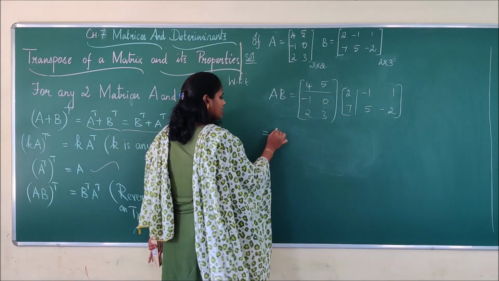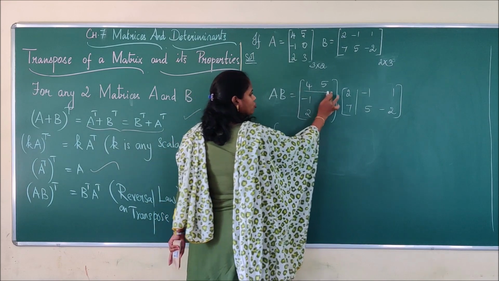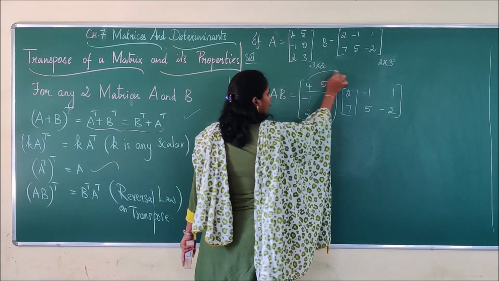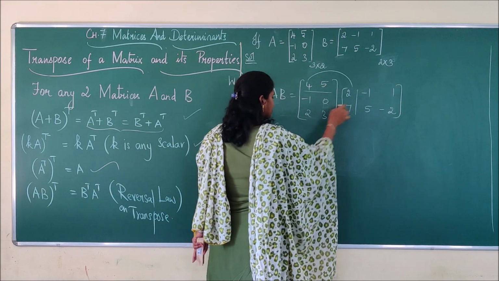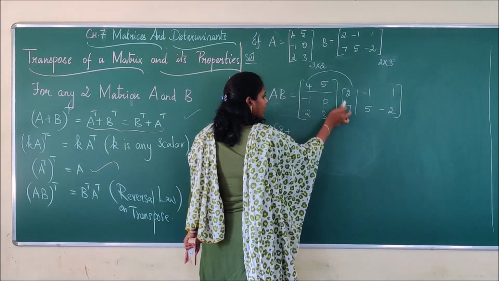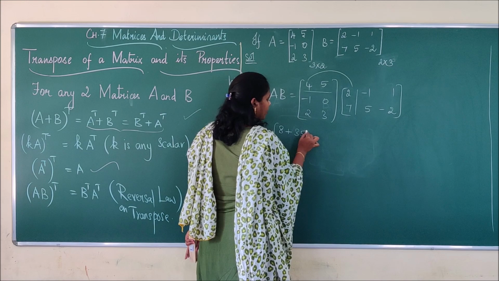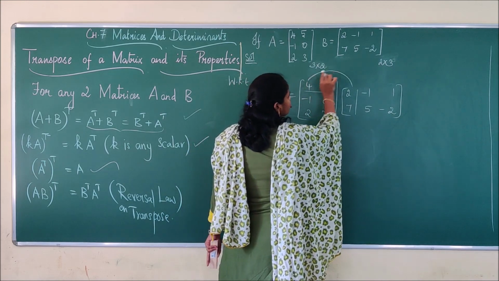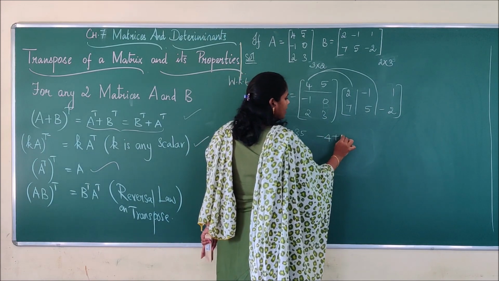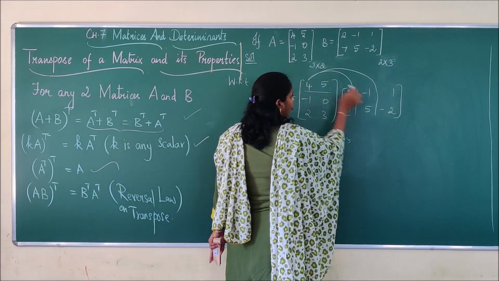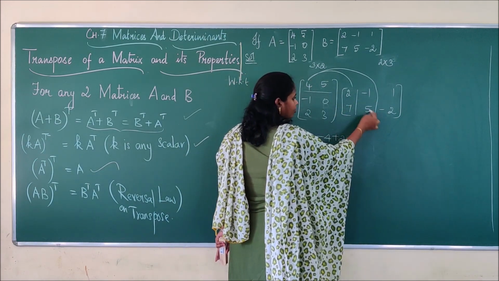So first I am going to take first row with first column. So 4 2s are 8, plus C, I have no other sign, so I will be getting plus. So 5 7s are 35. Okay. Next, first row with second column, and here minus 4 plus 25. That is 4 into minus 1 and 5 into 5.